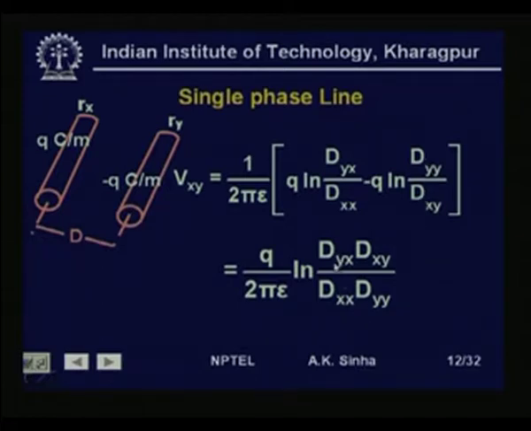So, finally, we get the voltage between two conductors by the relation q by 2 pi epsilon ln dyx into dxy divided by dxx into dyy,